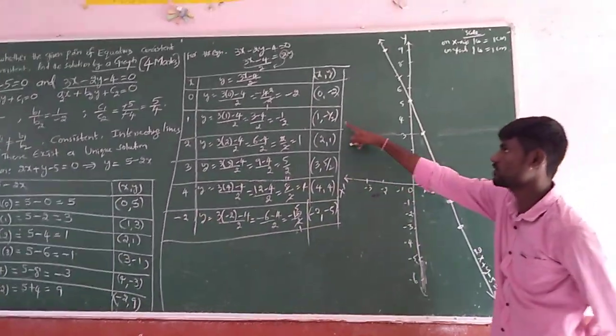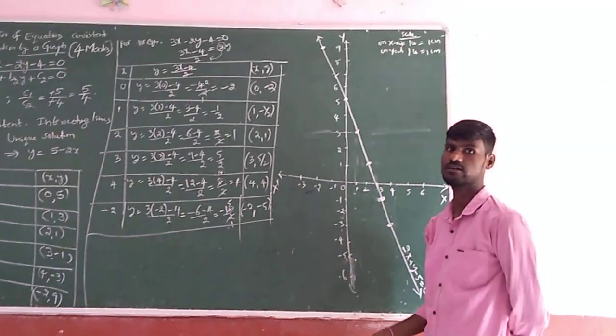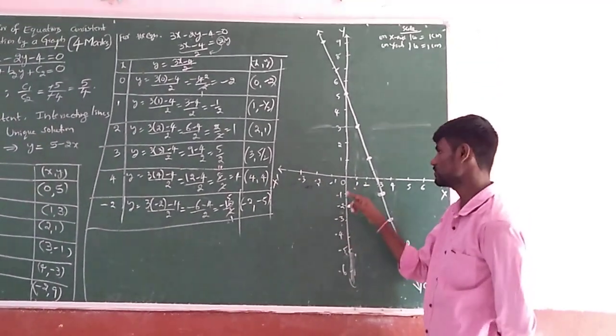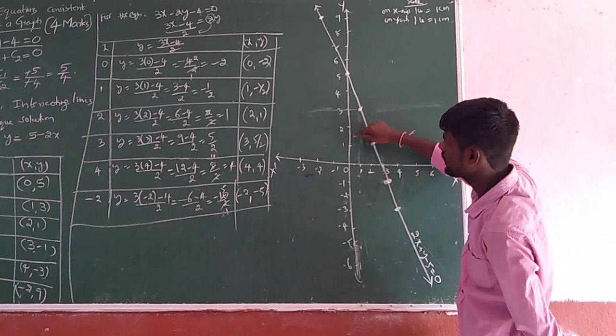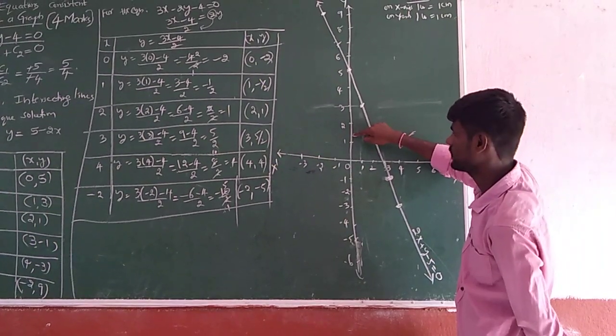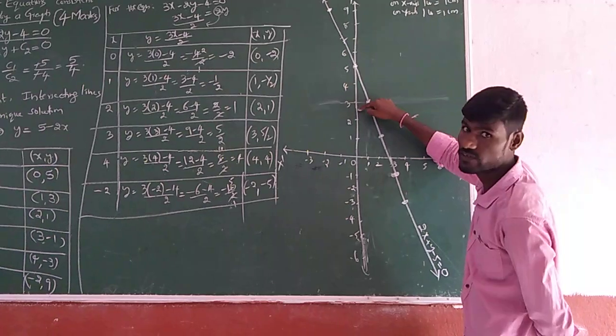See, in this table some of them are fractions, but don't get confused. A fraction is nothing but 0.5 or 0.6 like that. In between every unit, say 10, we will get 10 lines, so the third line is 1.3, the seventh line is 1.7, and in between 2 and 3, the middle line is 2.5.